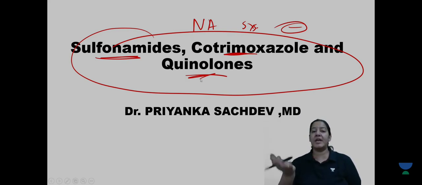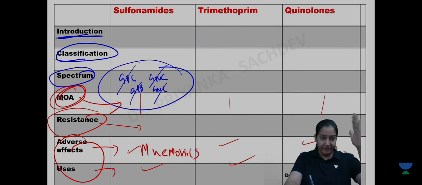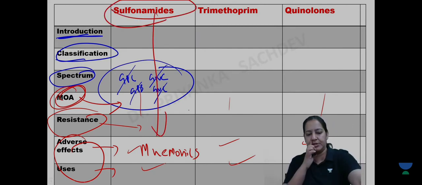I request all the students to take the notebook out, take the pen out and start making this table with me. If you are not following my commands, you are making a big mistake and you will realize at the end of the session that ma'am had said we should have made it along with her. So please take it out. Right? Take it out and start making. Start the first chapter and start filling this column.